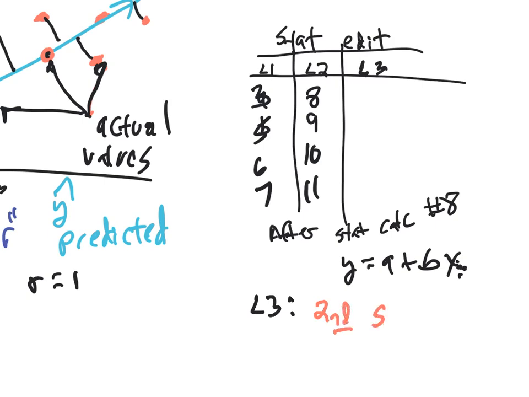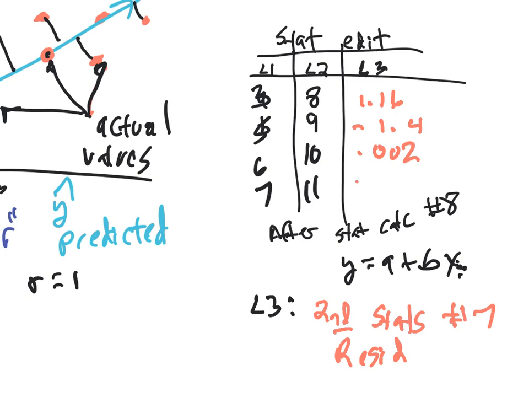Second, stats, number 7. You will see the word resid. When you hit enter on this number 7, out pop our residuals. I'm making these numbers up. 1.16, negative 1.4, 0.002, negative 0.87, and so forth. And it does it for every one of them. You'll have your list of residuals, if you want to see them. If you don't want to see them,